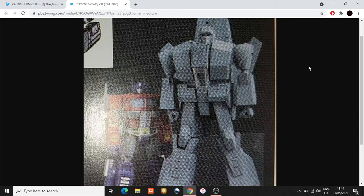So with this release of this prototype, it does garner some excitement because I like Jetfire. I like Skyfire as a character. I think he is a wonderful character, and when you look at the history of who voices him, particularly Greg Berger, being such a fantastic person and someone I think deserves a lot more accolades within the line and a lot more attention and to be brought back as much as possible,